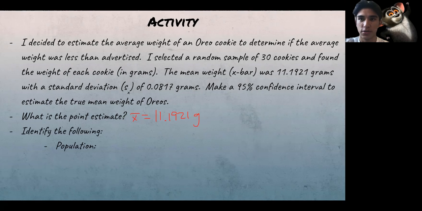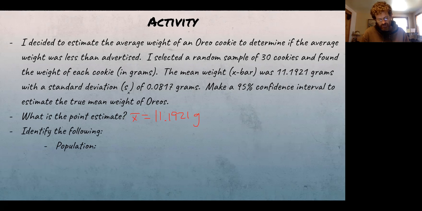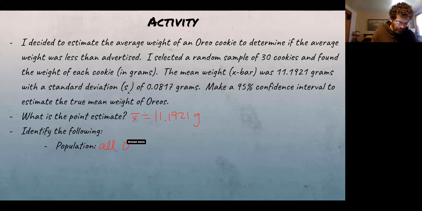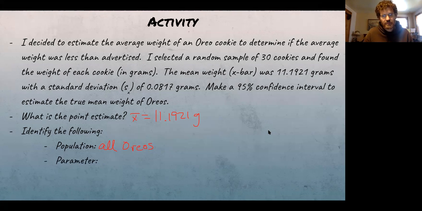The 30 cookies. That is something, but it's not our population. We will bring up the 30 cookies. Is it all Oreos? That's it. All Oreos. So like when we're doing those polls on voting for Trump versus voting for Biden, we're really interested in the population, which is all of the voters in a state or across the country. But all Oreos is the population here. And the parameter that we are estimating